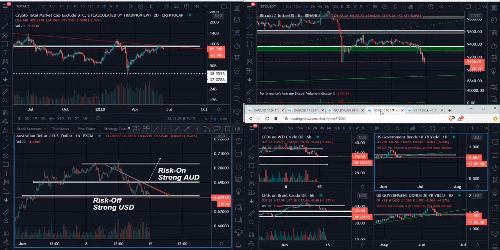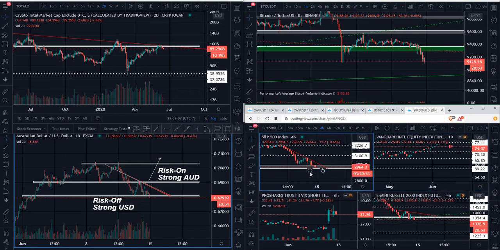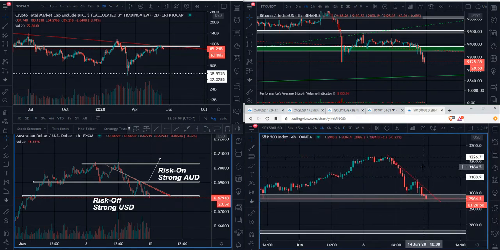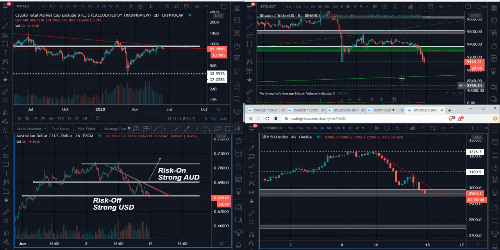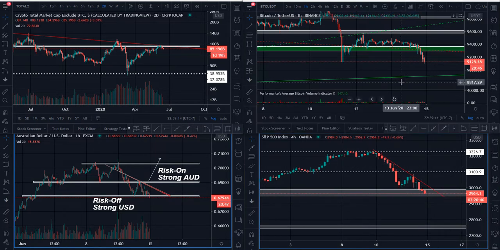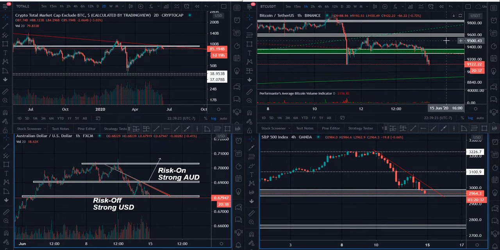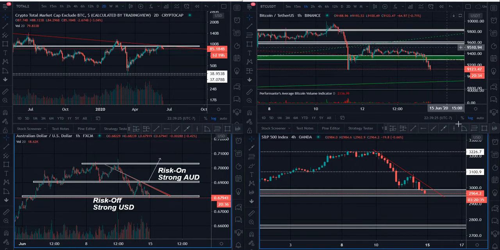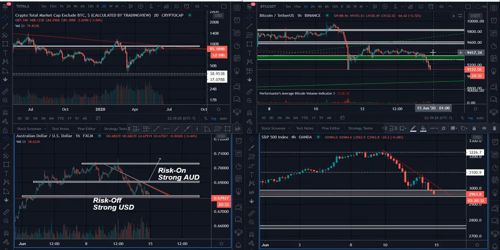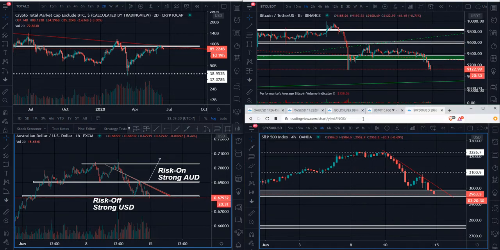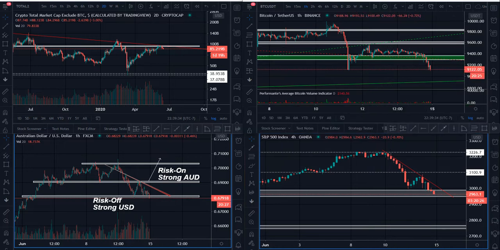Overall, I do think that we are in a risk-off sentiment where global investors are definitely a little bit worried. We're going to be looking to enter things like long United States dollar, CHF, which is Swiss franc, as well as potentially some JPY, if it does look relatively strong. And also be shorting crypto. Not really going to be looking at shorting stocks or indexes, to be completely honest. I think I'm going to be mainly sticking with those two.